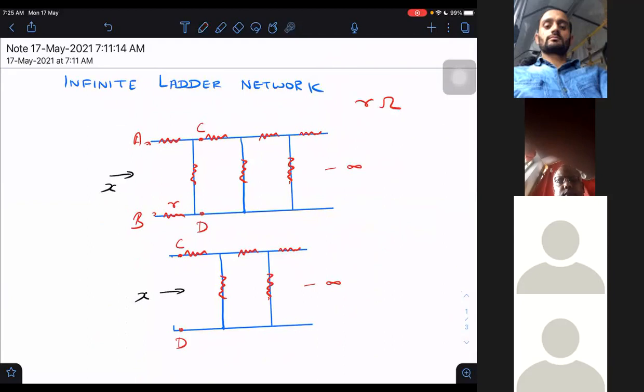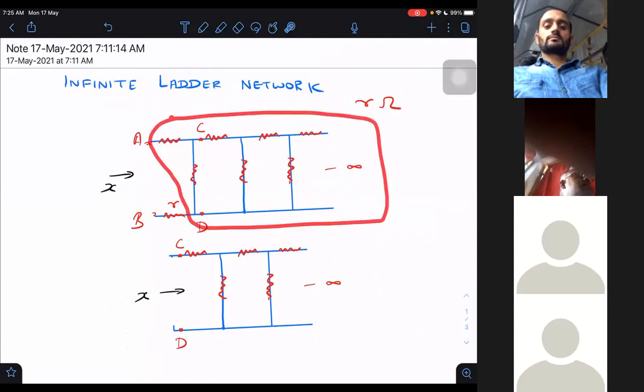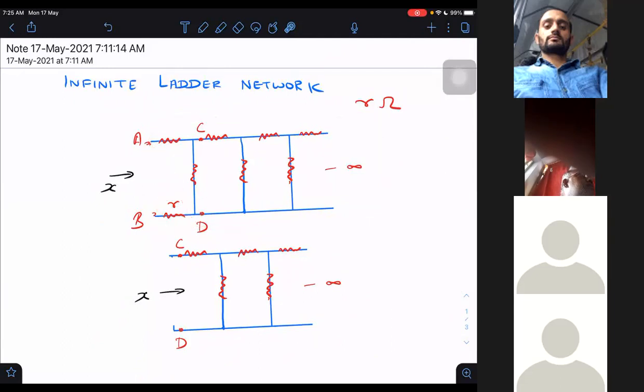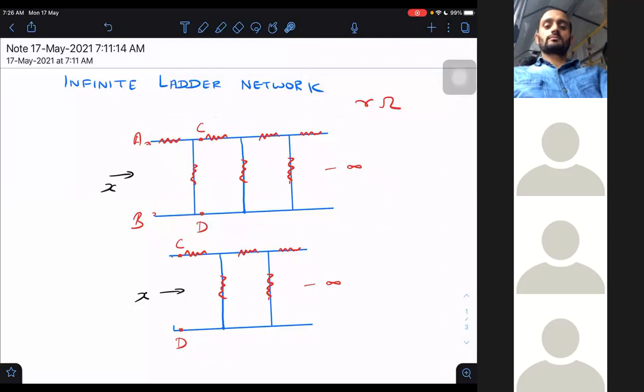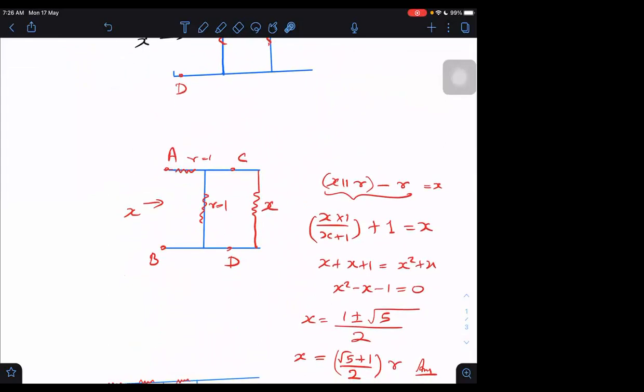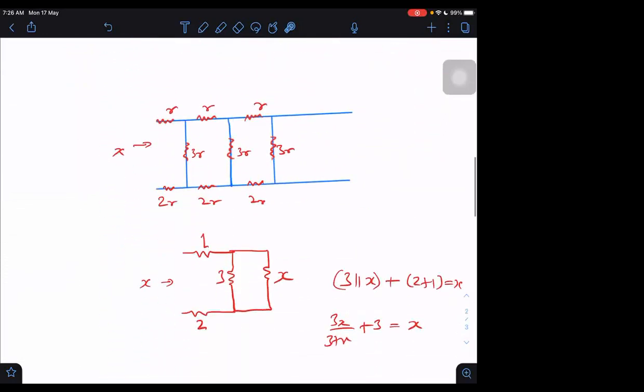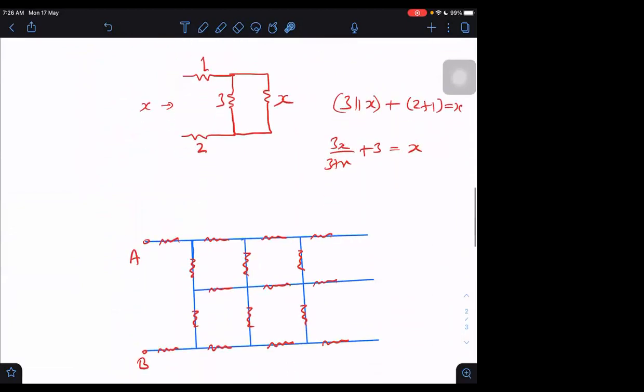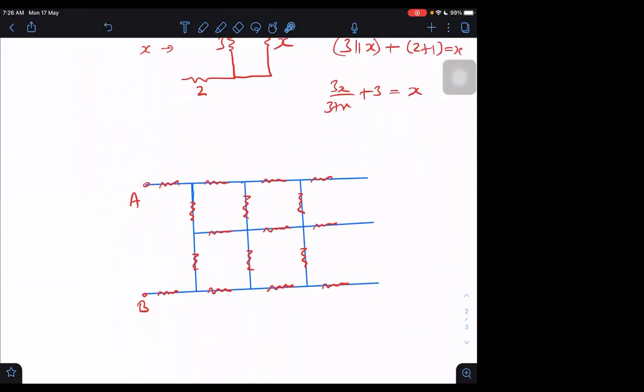Just understand, this resistance will not break any symmetry. Or rather, it will break the symmetry, that is true, but it will not make things complicated, because if we are able to determine this, then this is just acting in series with that. Yes, sir, we can add that. So the beginning few resistors, even if they are given to be different, that will not create any problem. What about this one now? How to do this one?